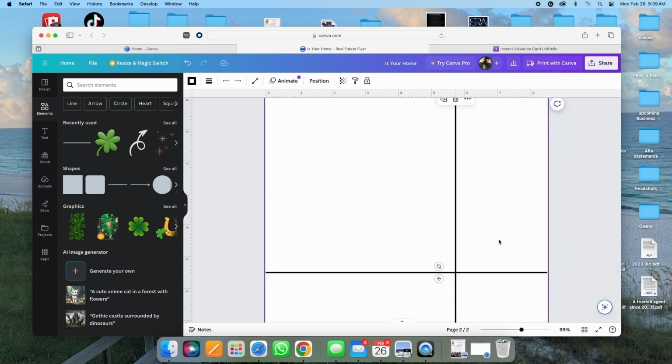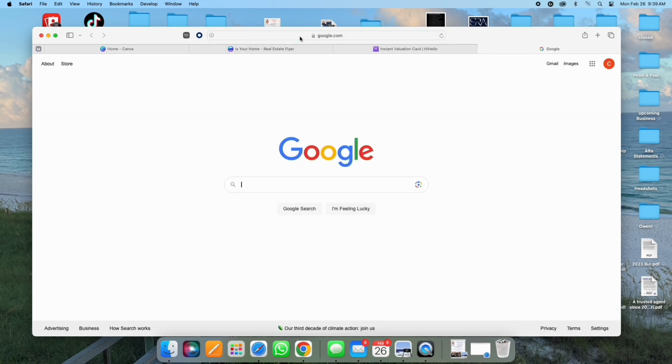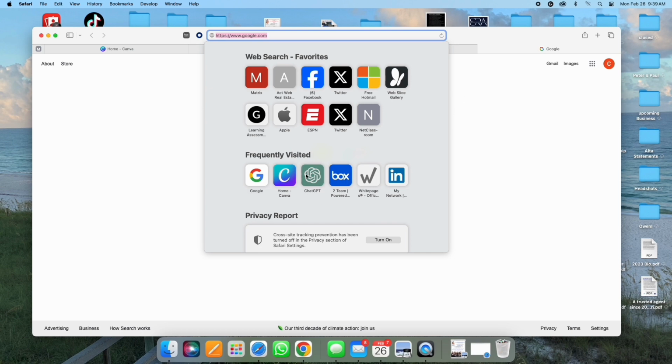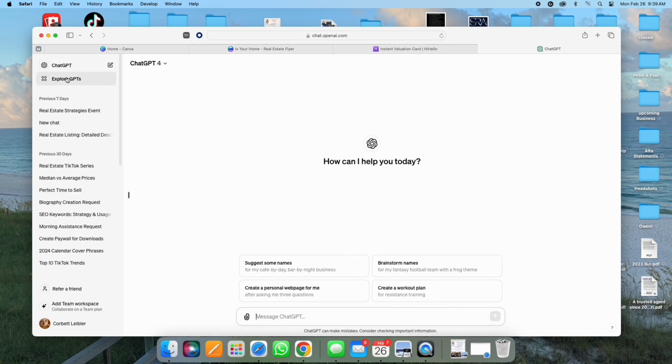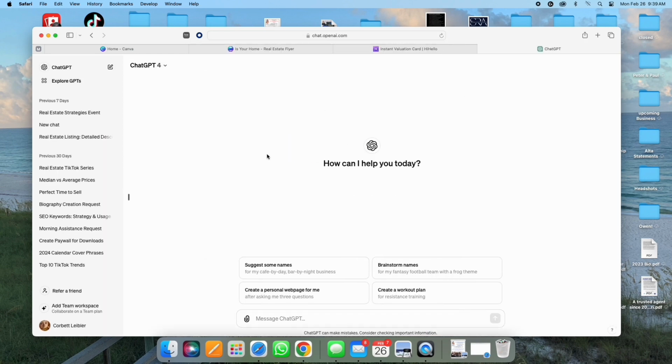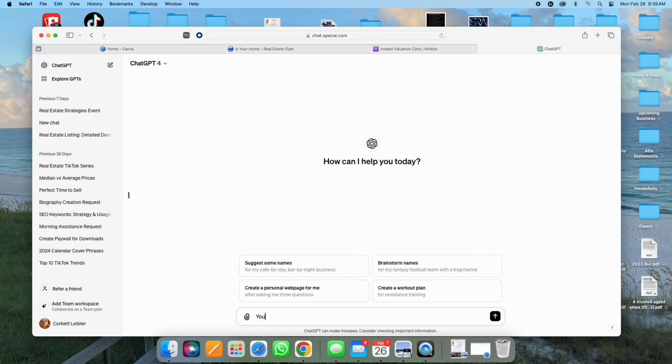All right. So from here, now we've got to figure out what we're going to say. This is the back of your postcard. So I'm going over to ChatGPT, my favorite, OpenAI, give it the prompt, let it know who they are and what you're doing. So I like to give it the prompt, you are a real estate broker in the metro Atlanta area. And then I don't want a long